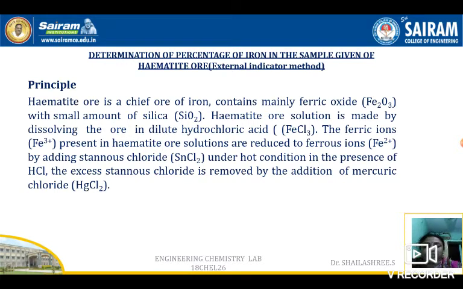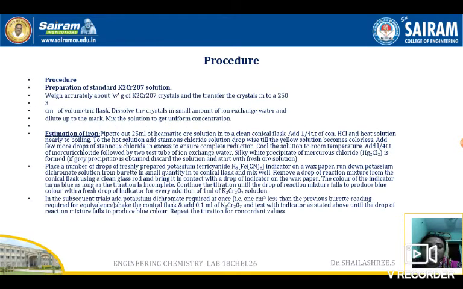Here first we will be starting with the preparation of standard solution. Before that, the principle here is we will be taking the hematite ore solution where iron is in a 3+ oxidation state. We reduce the ferric iron into ferrous by adding a reducing agent, stannous chloride. We are reducing here because our burette reagent is a strong oxidizing agent, potassium dichromate. The ferric ions cannot be further oxidized easily, so we are reducing it first. So this is the principle. In the hot condition, we will be adding the stannous chloride to reduce the ferric ions into ferrous form.